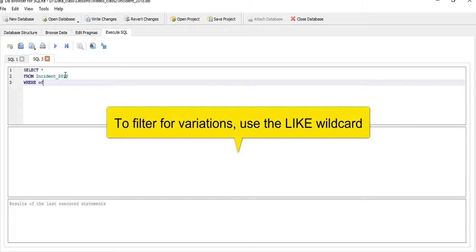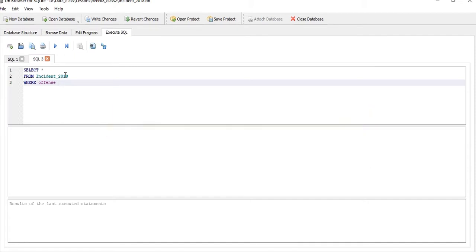So you want the offense field, where offense is, you could do it a couple different ways. You could do where offense equals aggravated assault, or offense equals simple assault, or offense equals sexual assault, and grab however many there are. Or you could do it the other way and use the wildcard,